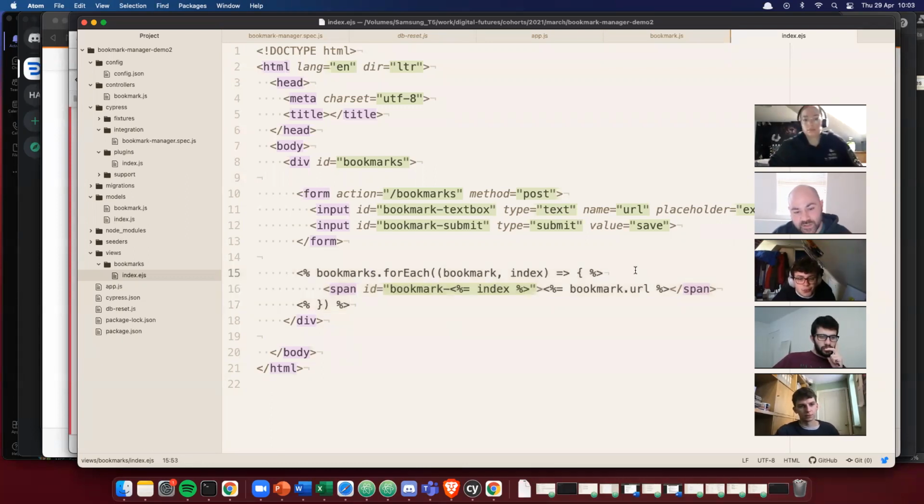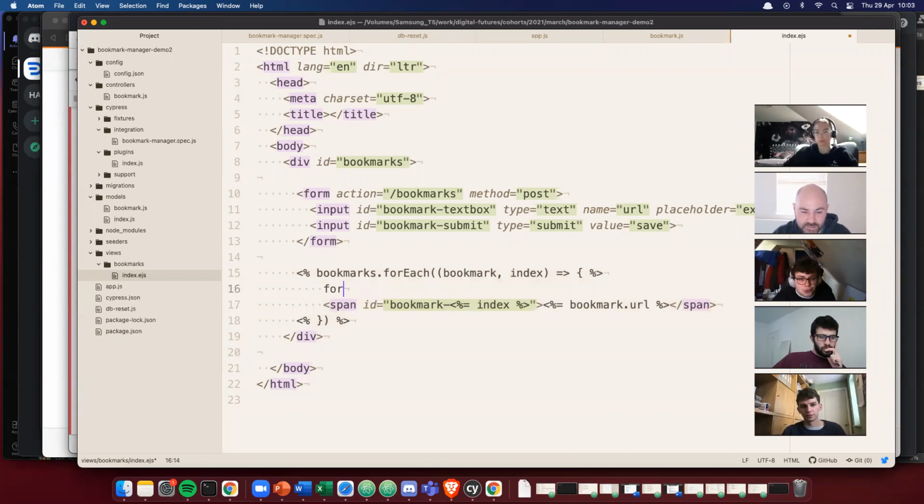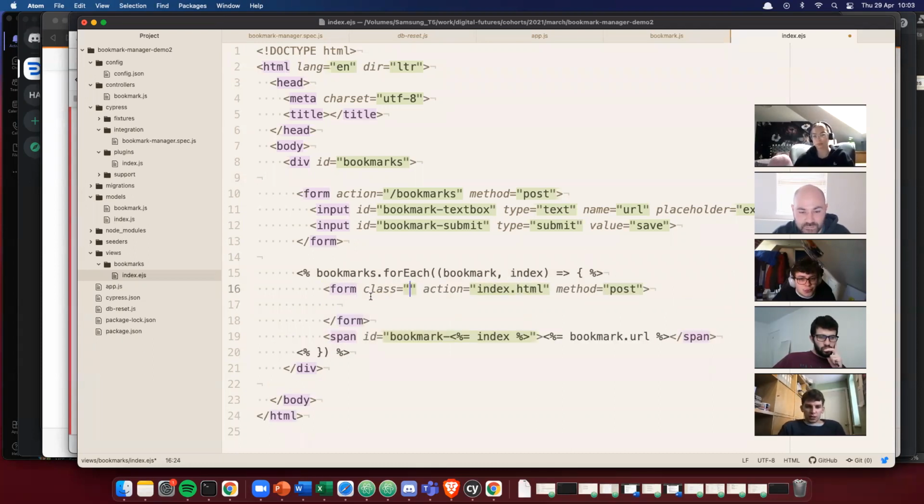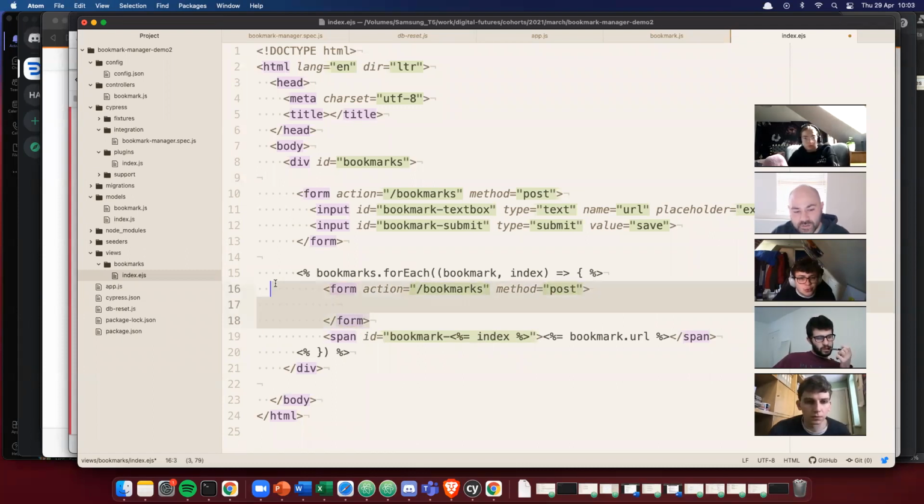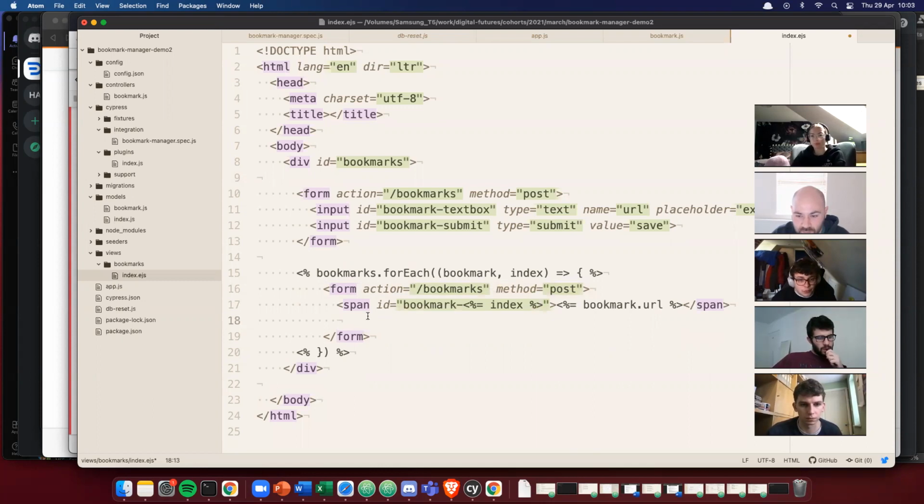For each of the bookmarks, I want to add some kind of form, which goes to /bookmarks. It's going to be a post request at the moment, but I'm going to find some way to add data to this request to change it. I'll maybe move that in here. That will be